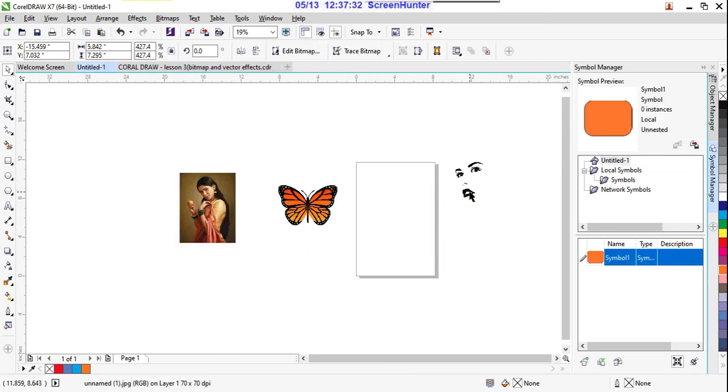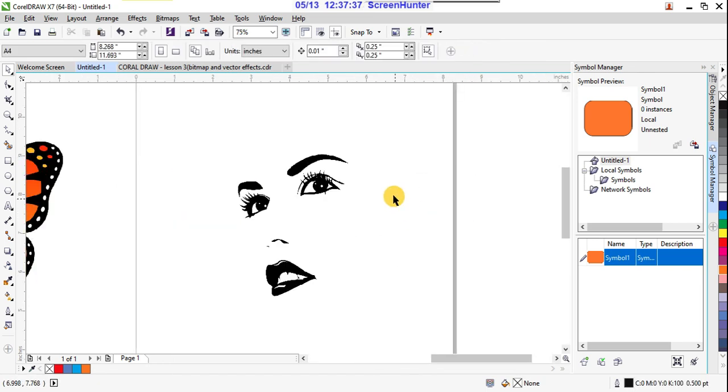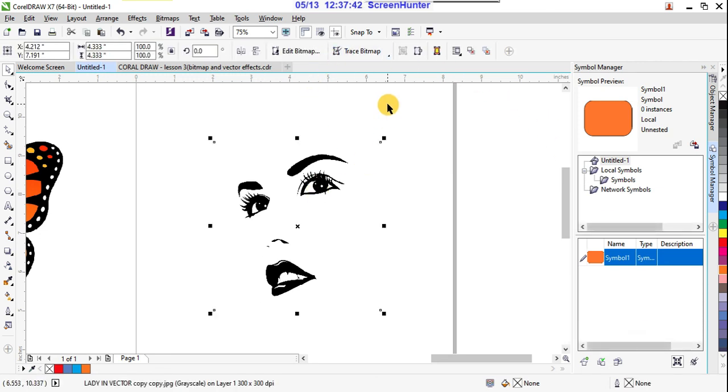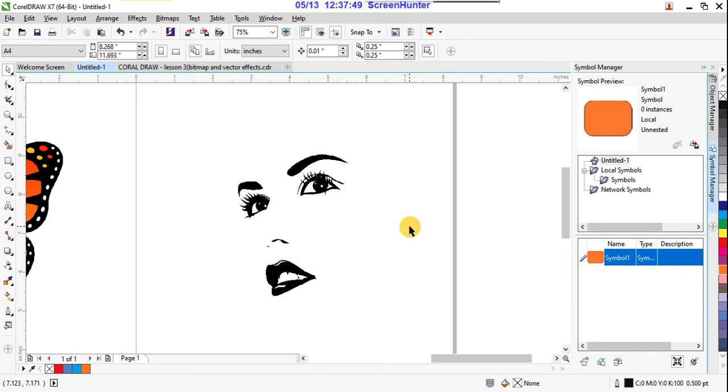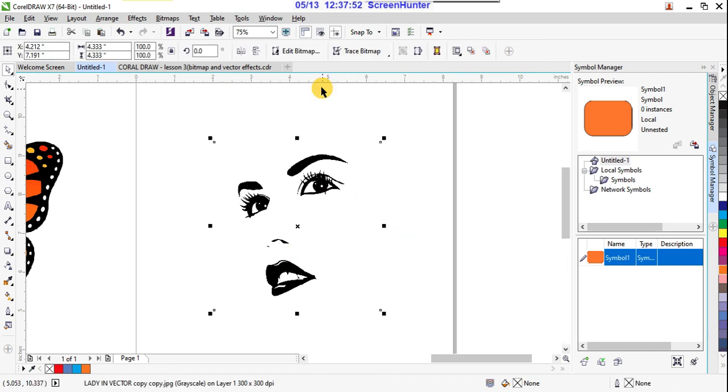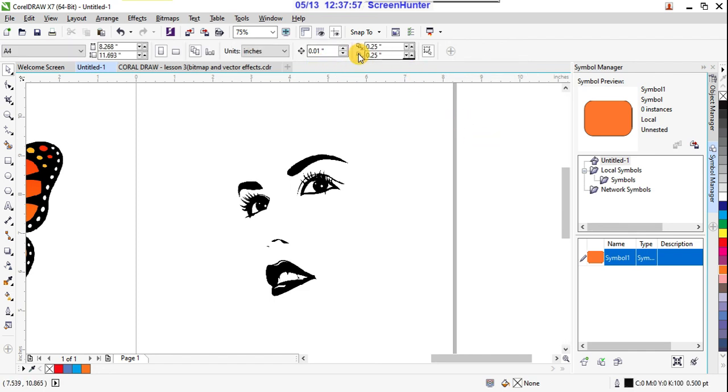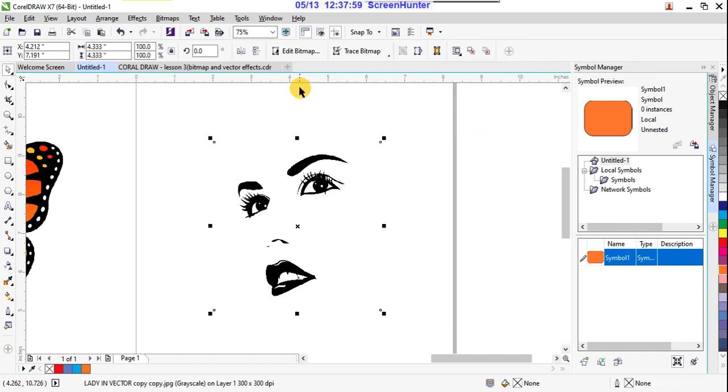First I'll show you this one. Yes. So select that image. After selecting here, see these are edit bitmap and trace bitmap options are there. After selecting image only on control panel, those things can visible, right? Without selecting you cannot see them. So select object first and edit bitmap. Suppose edit bitmap means what? You are entering into Corel Paint to edit the bitmaps.